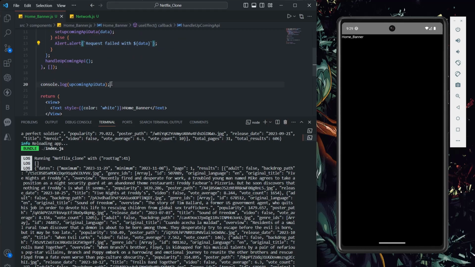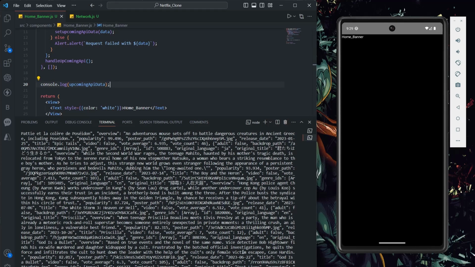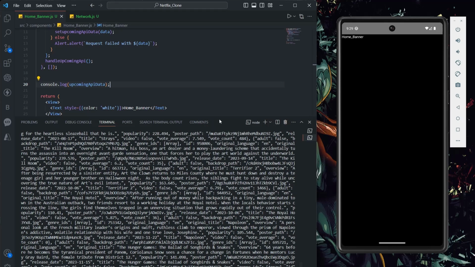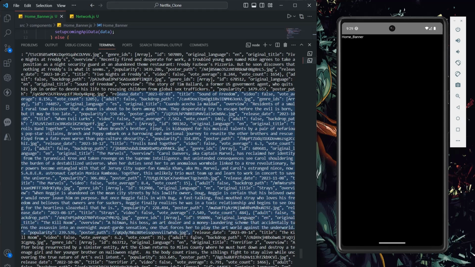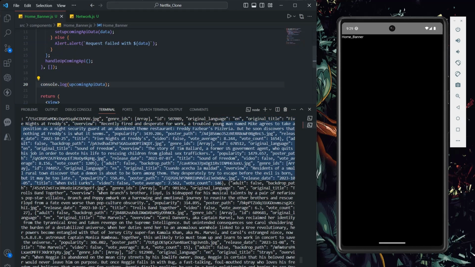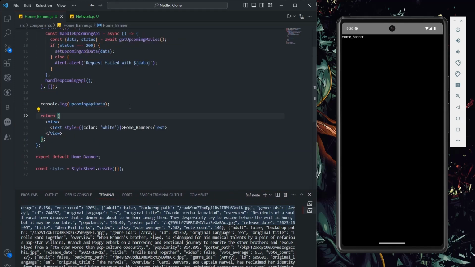See, I'm doing console.log, right? That means we are successfully getting our API data. Perfect. If you check here, this much of data we are getting. So done, successfully we are getting the data as well. So let's build the UI now. To build the UI, first what I'm going to do,